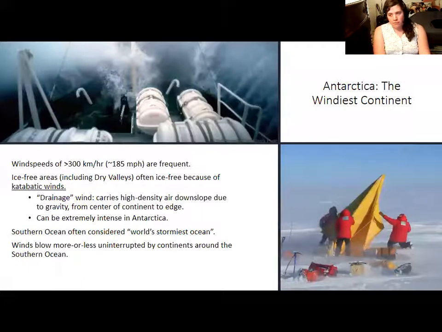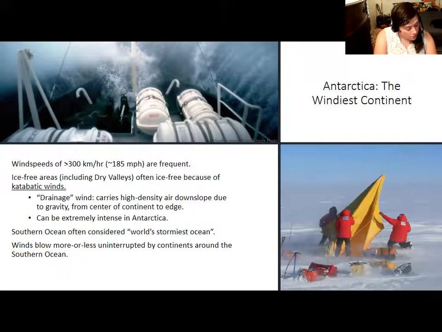And the wind has a lot to do with the air masses falling at the center of the continent. Antarctica is largely considered to be the windiest continent, both because of average wind speeds and because the winds are just a near constant presence. The winds in Antarctica are often known as pressure winds because remember that there is a high pressure zone at the South Pole. Air is falling there.